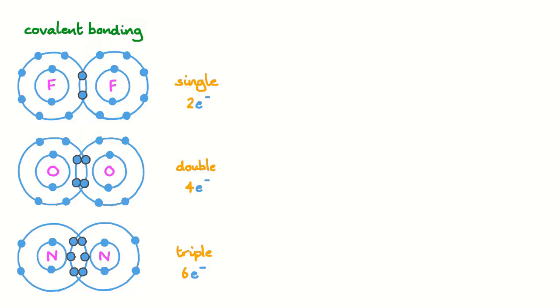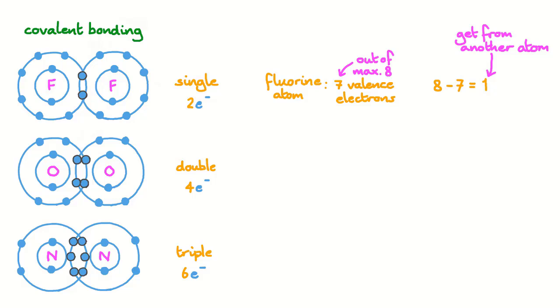But how do we know how many covalent bonds different atoms are likely to form? Fluorine atoms have 7 out of the maximum of 8 valence electrons available, because the second shell can only fit 8 electrons. A fluorine atom can get that one extra electron from another atom, like another fluorine atom. An atom of oxygen has 6 valence electrons, so it needs to form a double bond or 2 single bonds